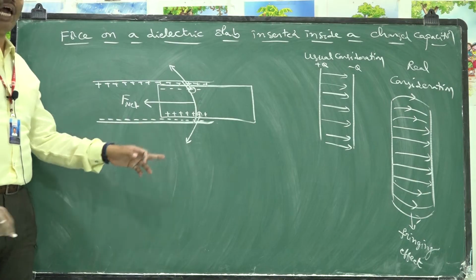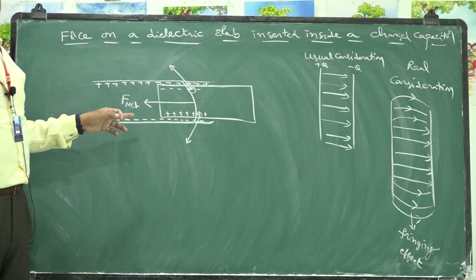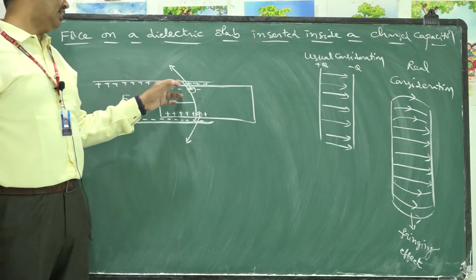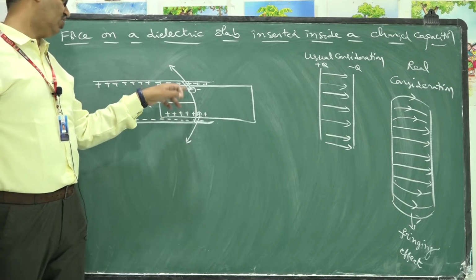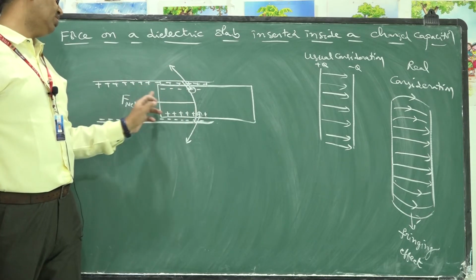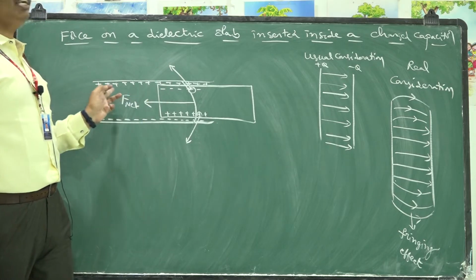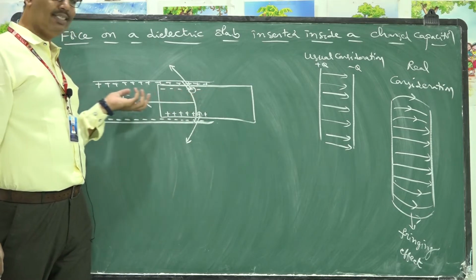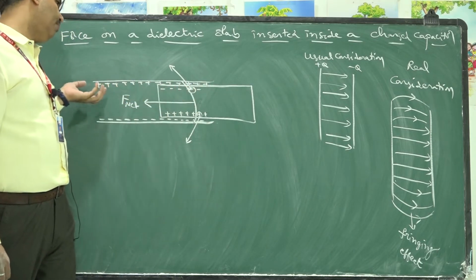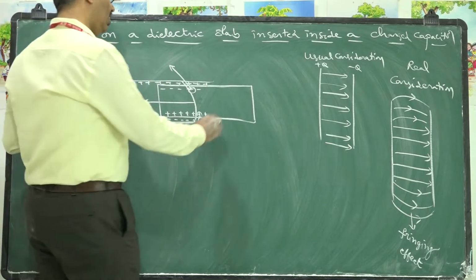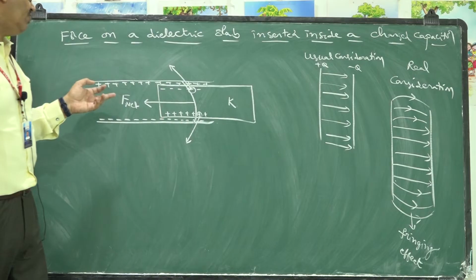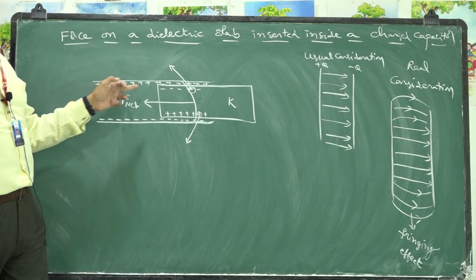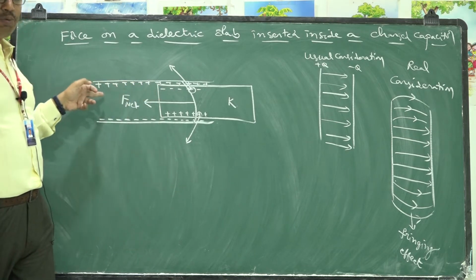Definitely, whenever you keep a dielectric medium in between the plates of a capacitor, due to the fringing effect, the electric lines of force are curved in structure. They are providing some net force in the inside direction of the capacitor. So the capacitor plates are trying to pull this dielectric slab into the space between them. Definitely, a dielectric slab placed between, K is the dielectric constant, the plates of a capacitor will experience a force in the direction to the inner portion of capacitor.